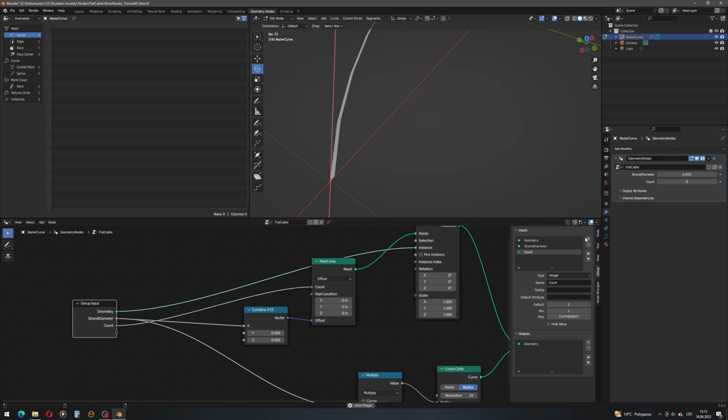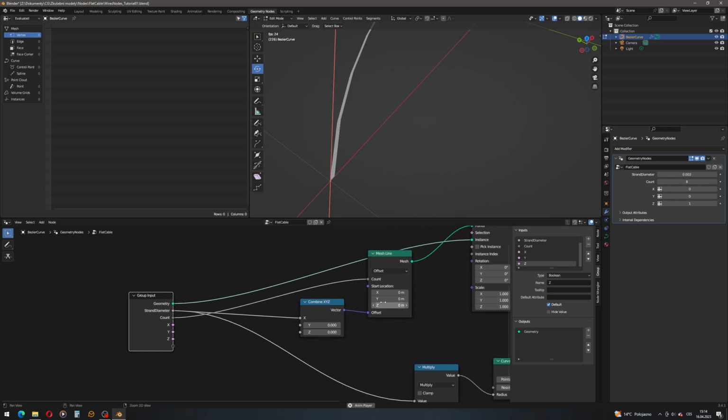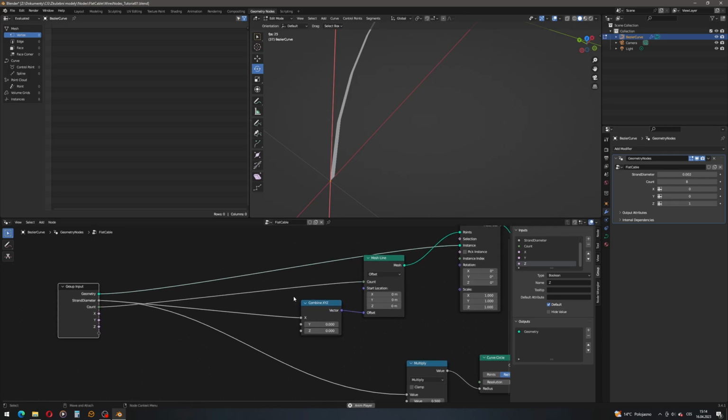So we will add a few variables, which we will call x, y, and z. They will be of Boolean type, and let's call them x. Let's add new one, y, and z. We will use the z one as default. Let's plug it here. And the way we will use them is we will multiply the vector by each individual